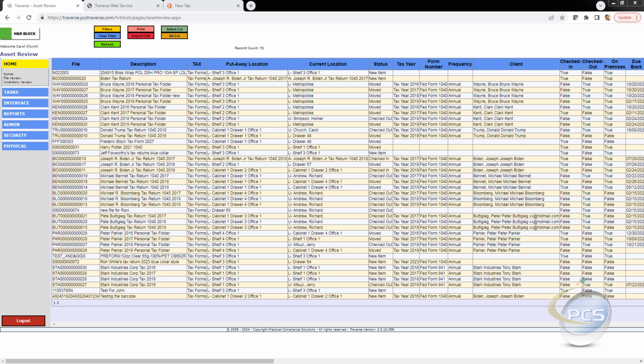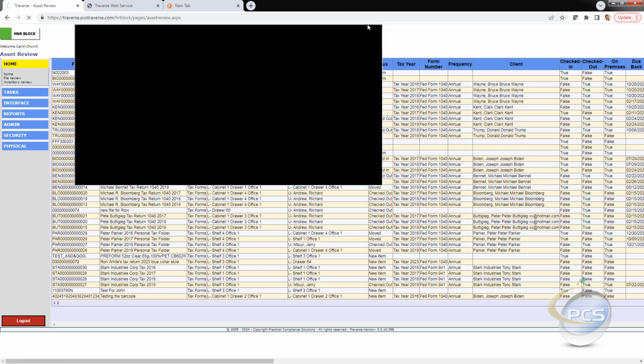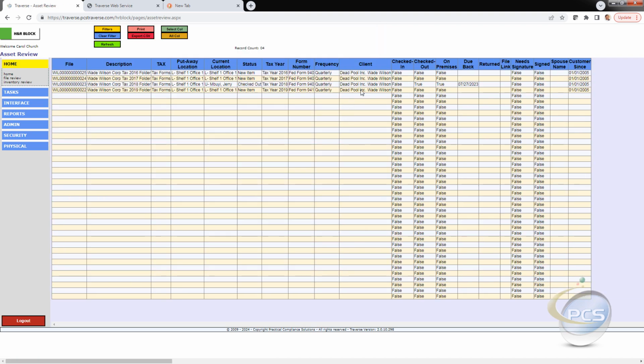So what I'm going to show you now is some dummy data I've got in Traverse, tax folders. You see I've got 4 tax folders for Wade Wilson. One of them is checked out to this Jerry Mambui, and the rest are on shelf 1. So what I'm going to do is use the Zebra CS6080 to move all of these folders to a cabinet